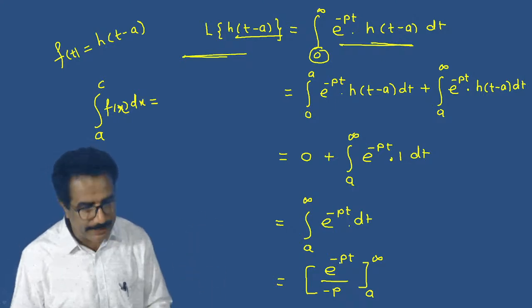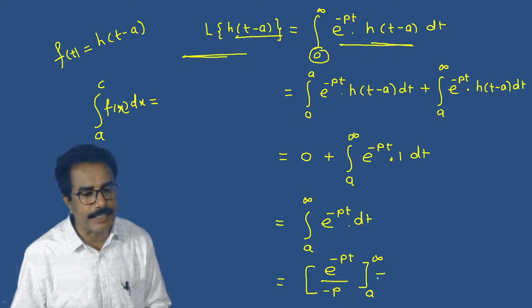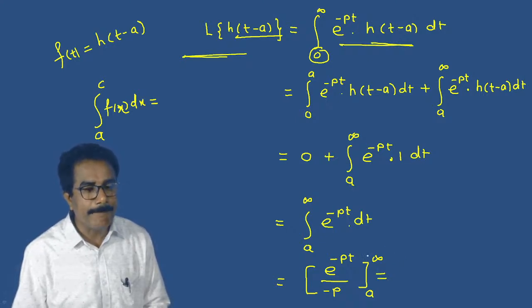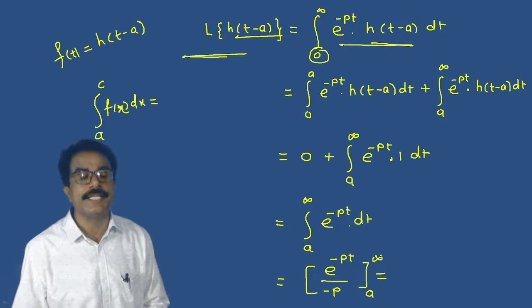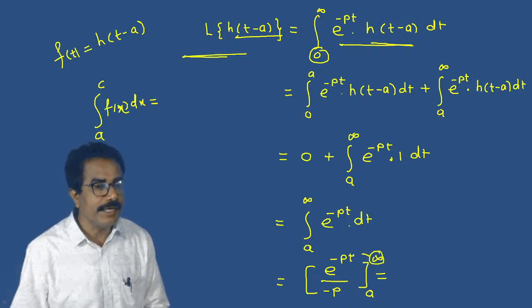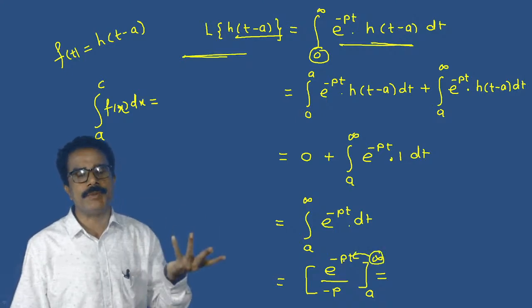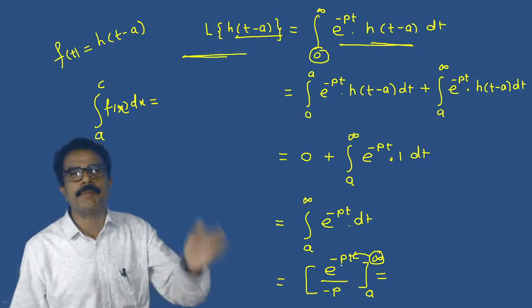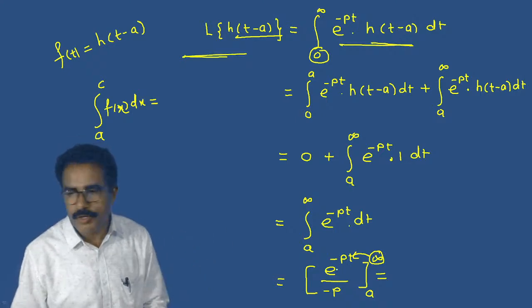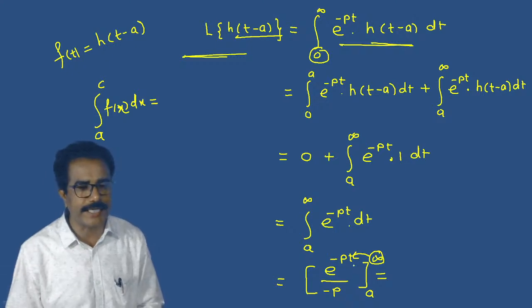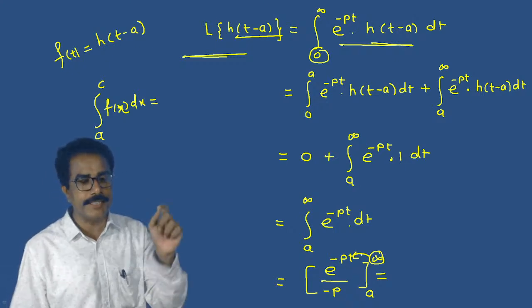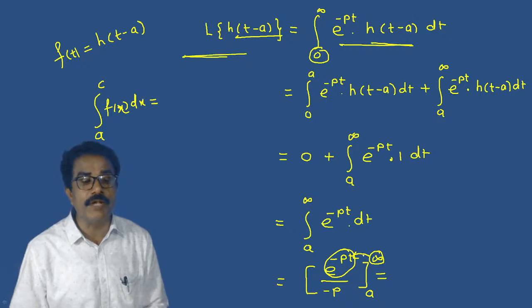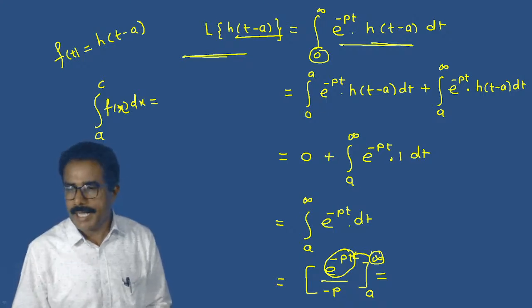Now put the upper limit. Now our aim is to put the upper limit. If we put the upper limit, that is infinity, in e raised to minus pt, then we have solved a number of problems regarding this. Then the value of this integral, what is the value? If we put the upper limit in this integral, then the value becomes,